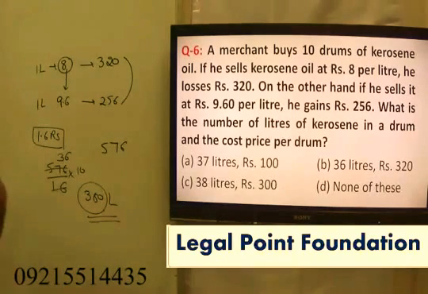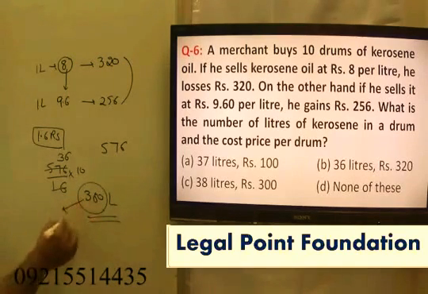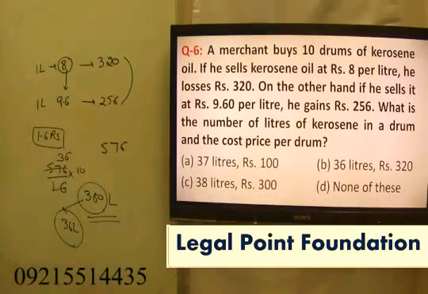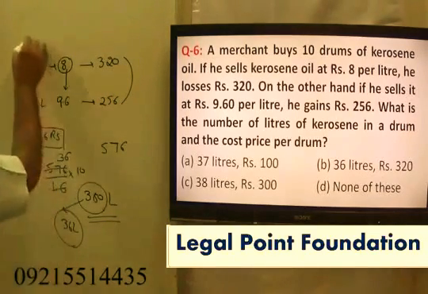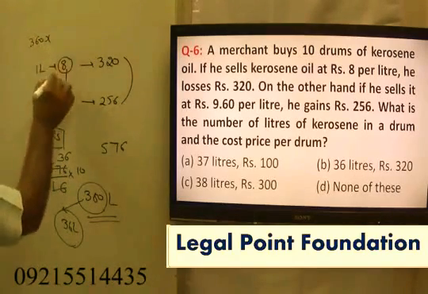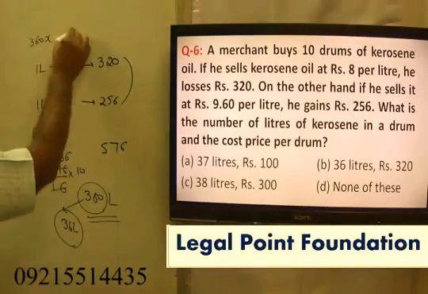Now the question here is, I am talking about a drum, right? We have total 10 drums. It means in one drum the total is 36 liters. Now one question I have answered, 36 liters, right? Next question, I have to find the cost price per drum. For that, I have to find the cost price of kerosene oil. For finding the cost price, what can I say? Let us say the cost price is equal to X. Here I can say that would be 36X. Total was 360, so I may say my total cost was 360X. Okay? Then when my selling price was 8, that is my selling price will be 8X.